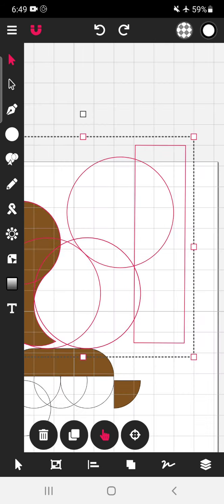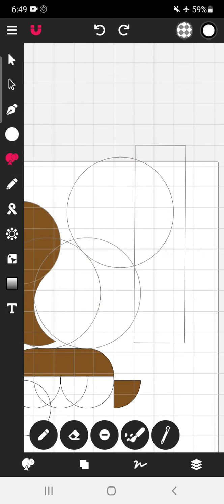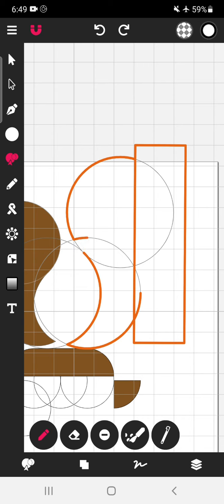Okay, we have selected the shapes. Use shape builder tool. Select the join mode. Erase mode and erase unwanted things.